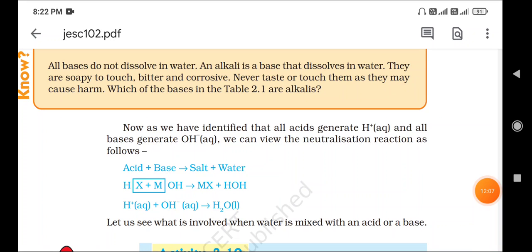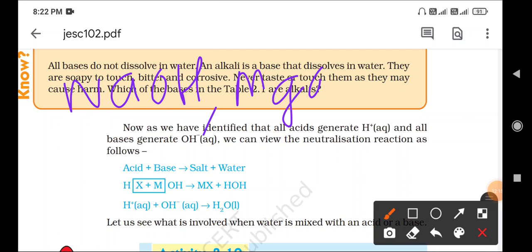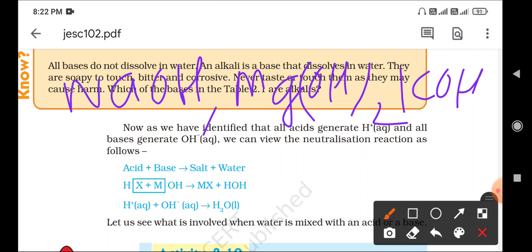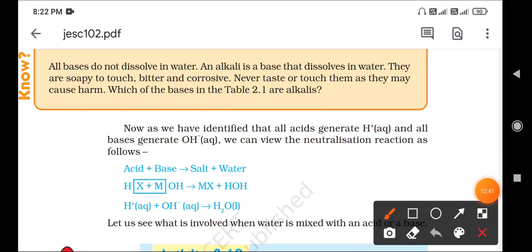In Table 2.1 we have the different types of bases: NaOH, that is sodium hydroxide, Mg(OH)2, magnesium hydroxide, potassium hydroxide, calcium hydroxide, and aluminum hydroxide. These are called bases, which we have discussed in